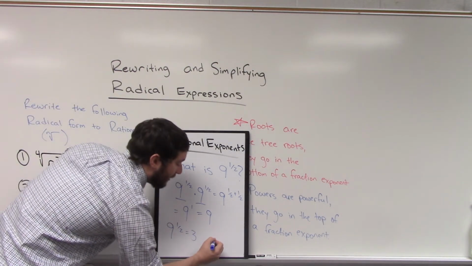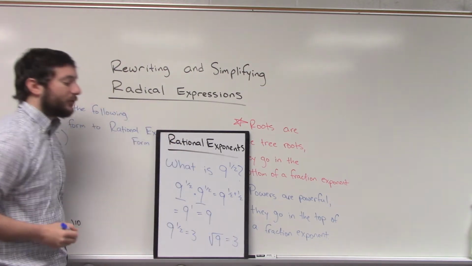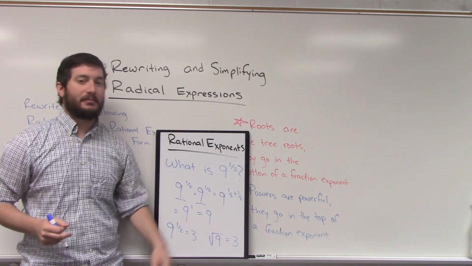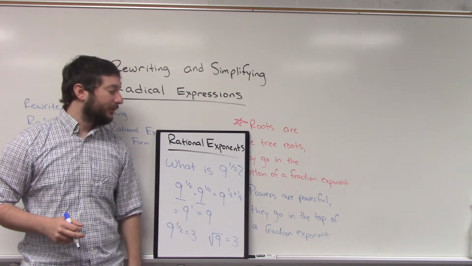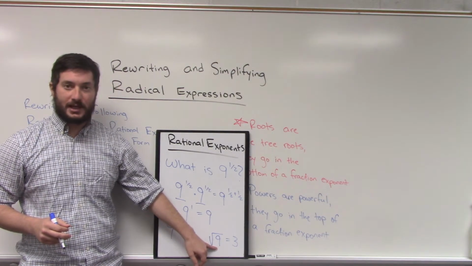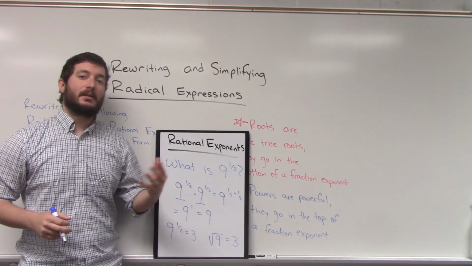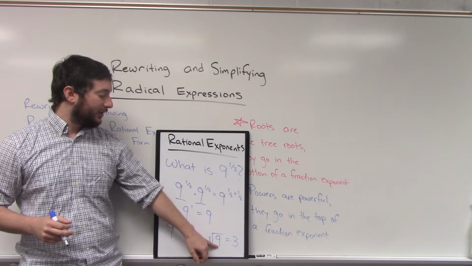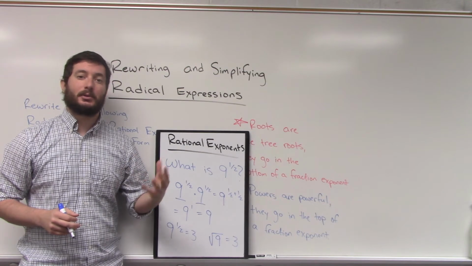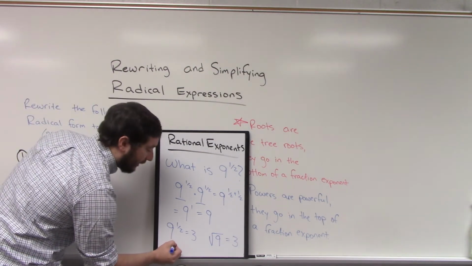Actually, what I'm thinking about here is square roots. The square root of 9 is also 3. Why? Because 3 times itself equals 9. Just like when we said in previous examples that are perfect squares, right? 1, 4, 9, 16. These tell us what we can find multiplied by itself to give these perfect square numbers, right? 4 times 4 is 16, so the square root of 16 is 4. What this shows is that there's a relationship